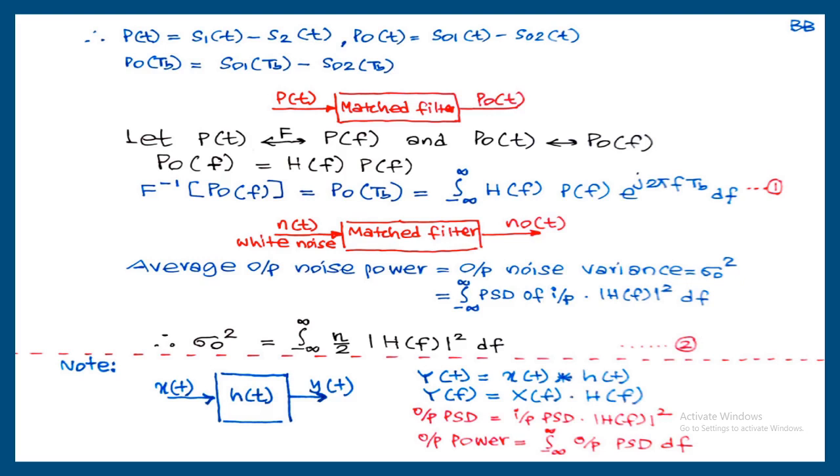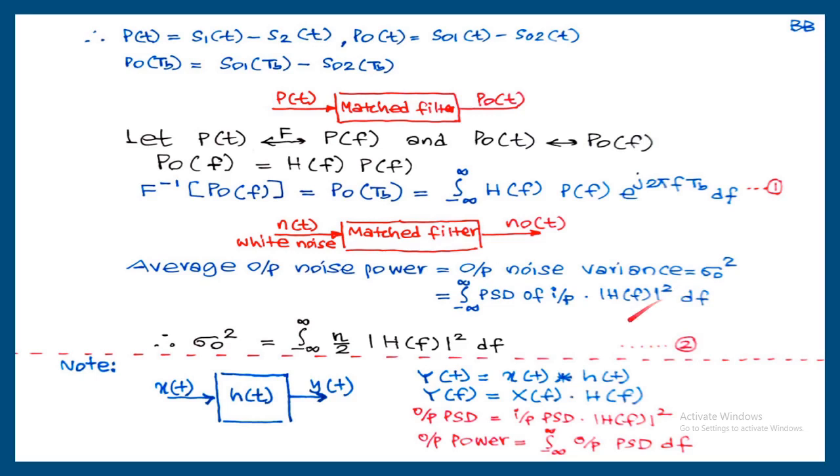And the average output noise power is equal to the output noise variance, because for additive white Gaussian noise the mean m is equal to 0. Due to that reason the average power and variance both are the same. Whenever m is equal to 0, mean square value and variance are the same. That is why average output noise power is also written as output noise variance, sigma 0 square, is equal to